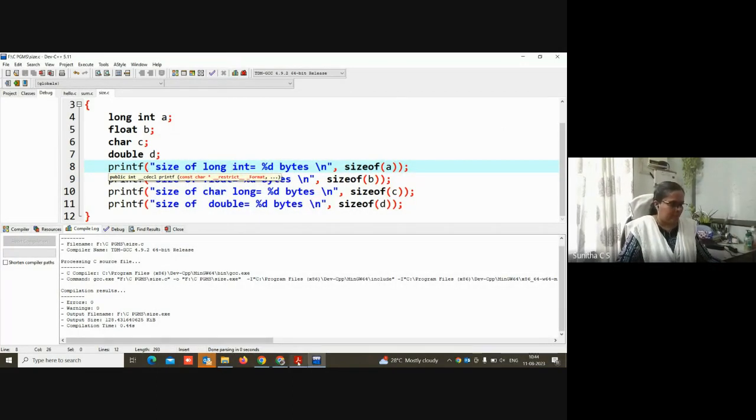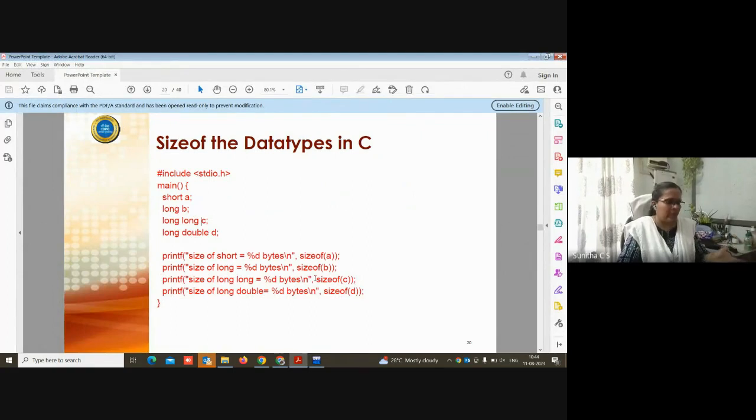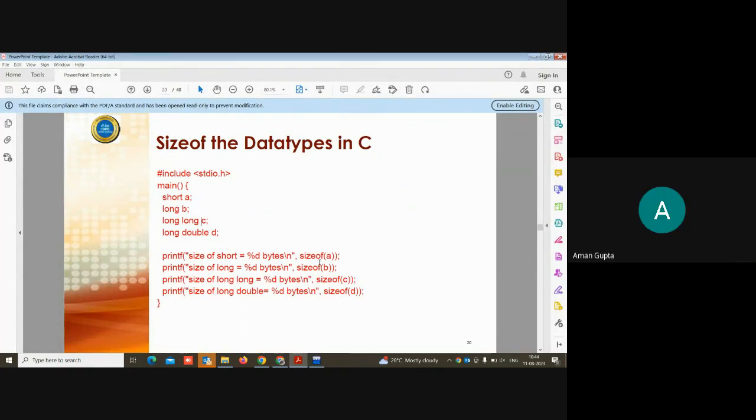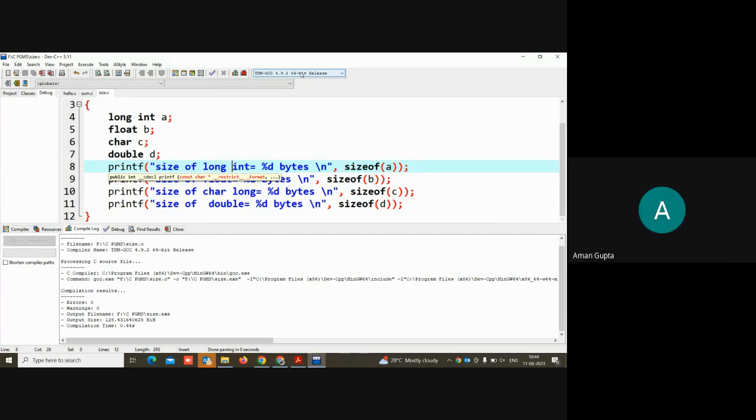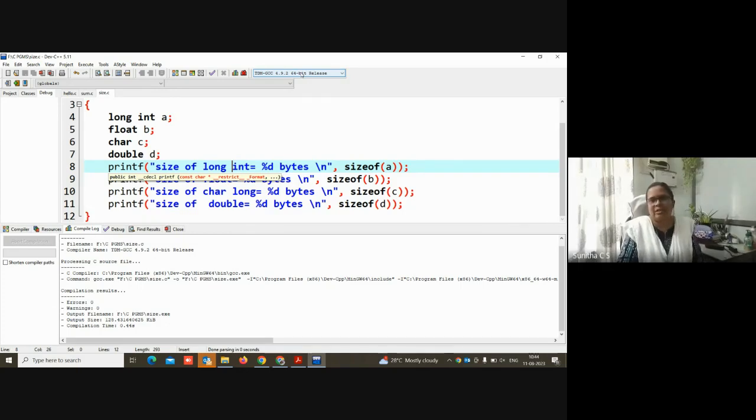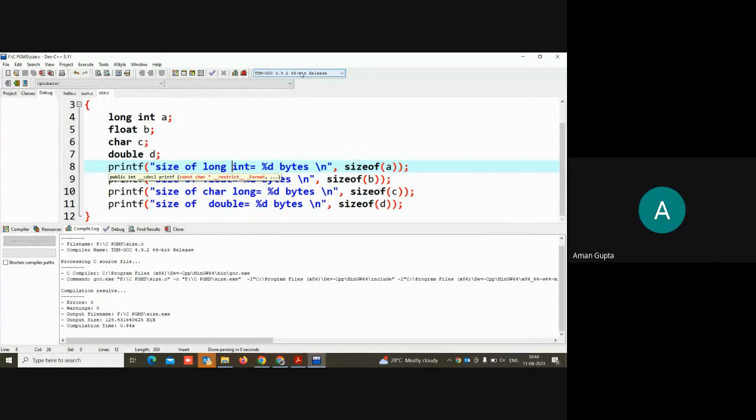Okay, so now next one. So here you were able to see the size of the value. Yes, Aman. Ma'am, the compiler which you're using is 64 or 32-bit? 64-bit. That's why it is giving me 4 bytes. Otherwise, it will give you 2 bytes for integer. That's why I told you it depends on the machine architecture, because my OS, my machine is 64-bit OS. And my machine is also a 64-bit addressing system. Okay, ma'am, based on that it will change. Yes, Aman.